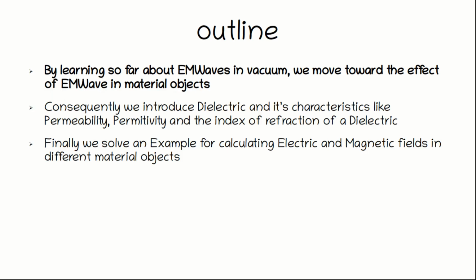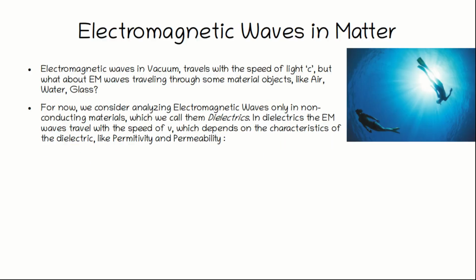By learning so far about electromagnetic waves in vacuum, now we are ready to move forward and study the effect of electromagnetic waves in material objects. So for example, when light, which is a form of electromagnetic wave, is passing through water or any other material like air or glass, and we will see that